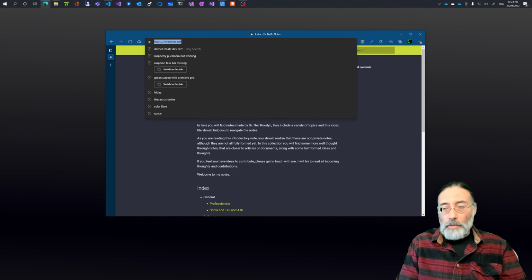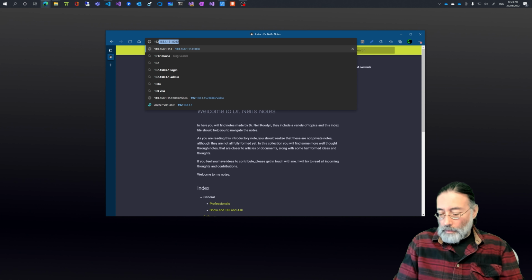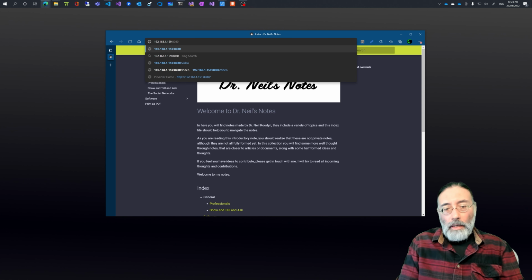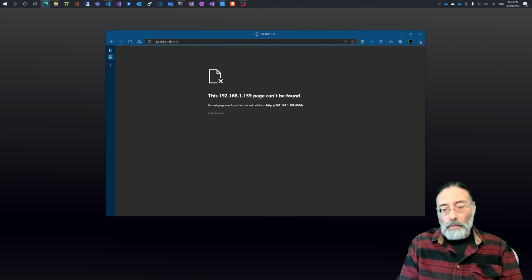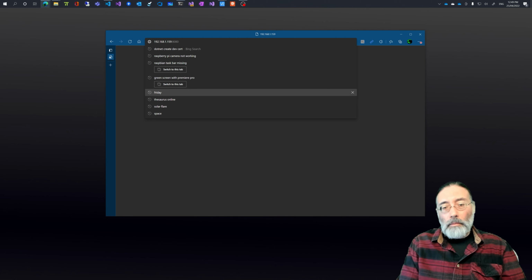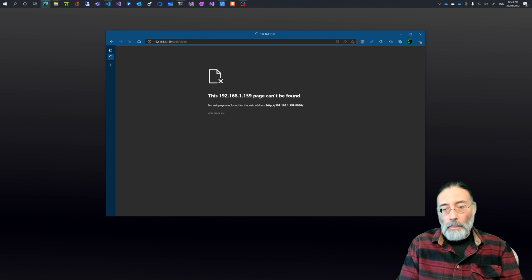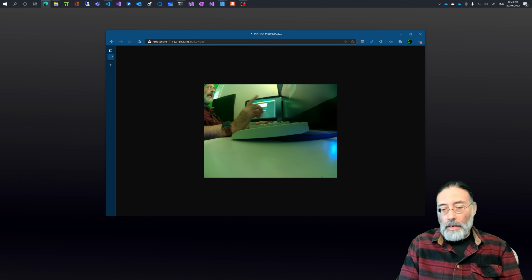So here on my Windows machine, if I go to a browser and type 192.168.1.159:8080 and make sure it's HTTP, ah yes, because it needs to be video. Remember, it's the video endpoint that we're accessing. And there I now have from my Raspberry Pi the video being accessed on a Windows